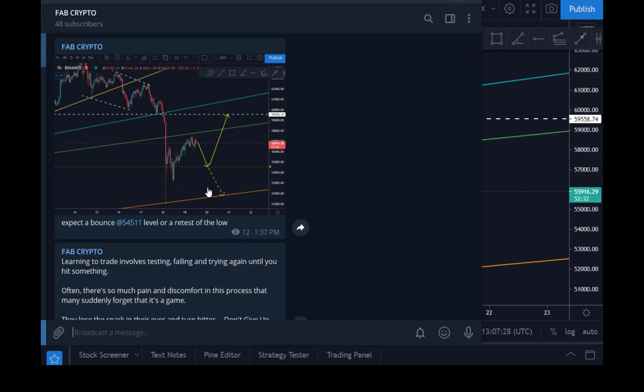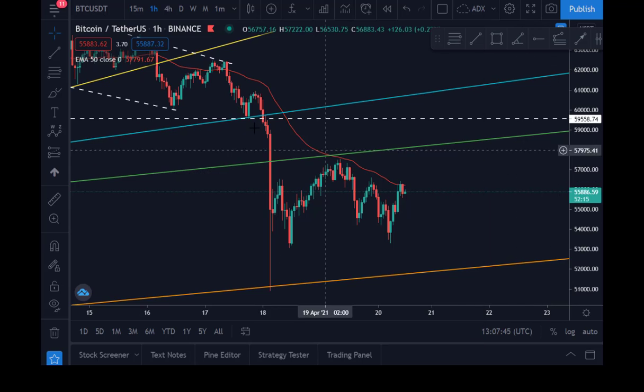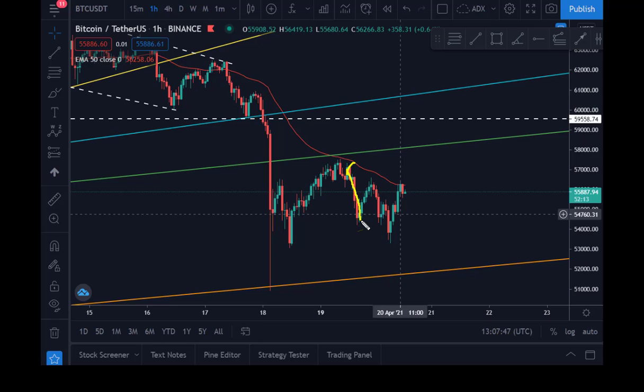Yesterday, look at what we said on our Telegram group: expect Bitcoin to retest here, guys. And if it breaks this, it will go down, but we expected a bounce after a retest. This is what we posted and some other tips. Okay, let's start from there. We posted this where Bitcoin was here. If you take a look at Bitcoin here, this is the 1 hour chart. You can see yesterday we were here, guys, and exactly as we predicted, it retested this.